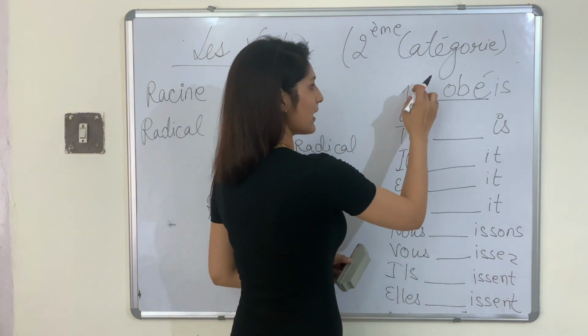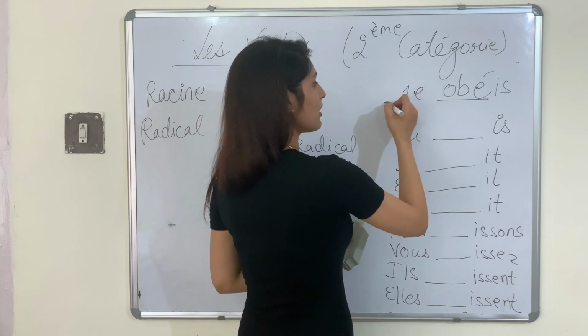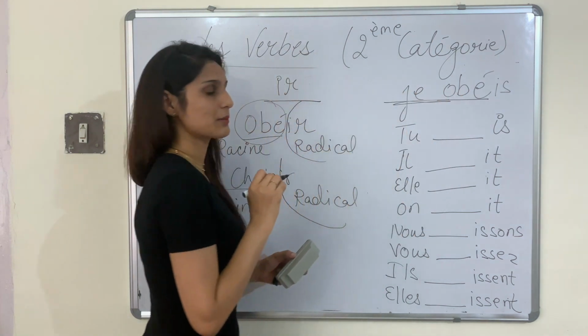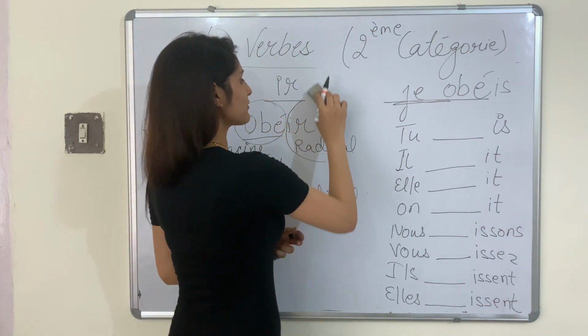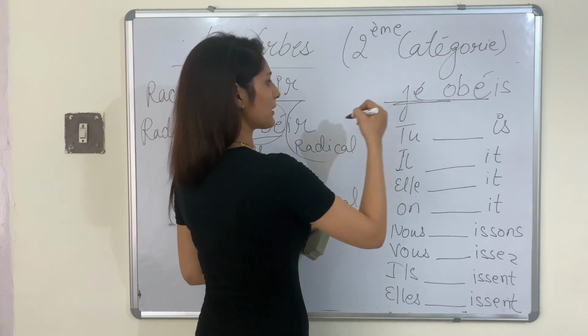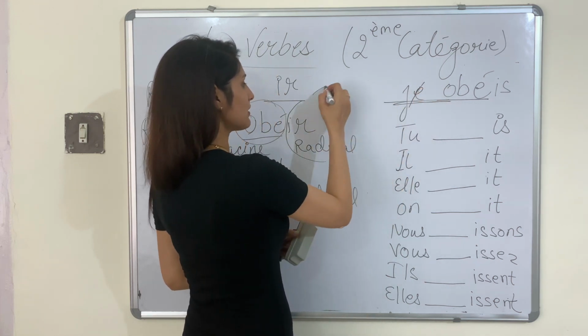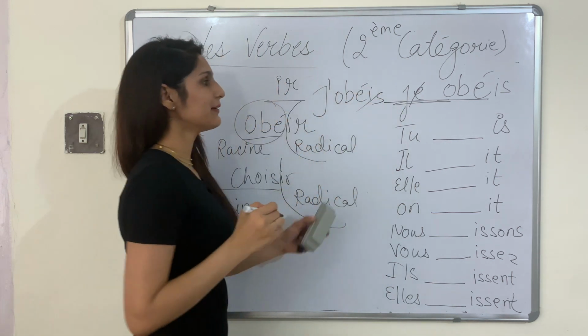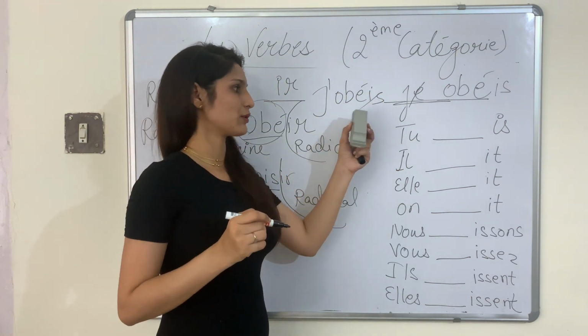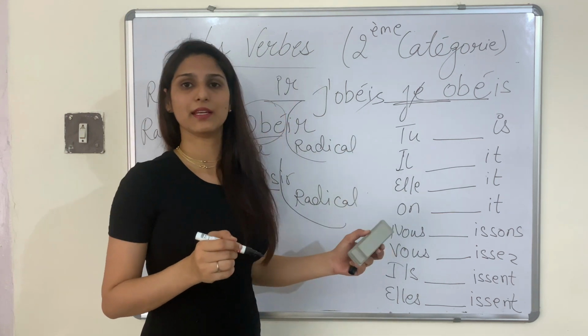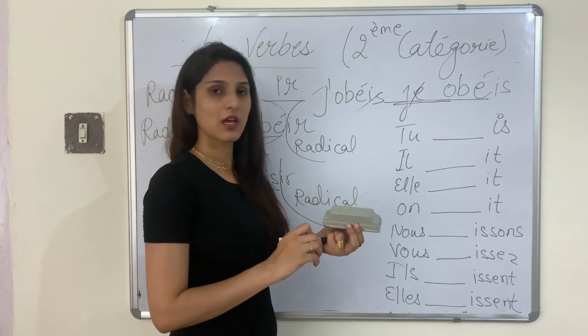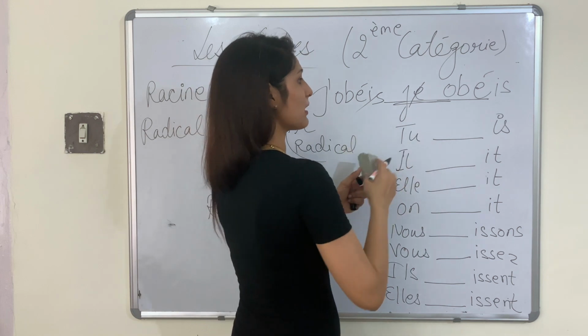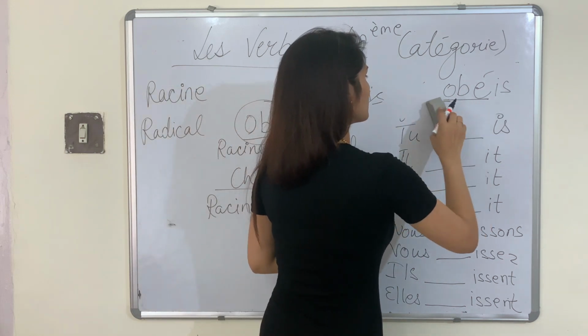Obey, and you remember we cannot write the first person verb just like that, so you will have to cut this up and make it like this. Only with the first person pronoun you have to do this. You don't have to do this with any of the other personal pronouns. I hope you are getting this. Now it becomes j'obéis